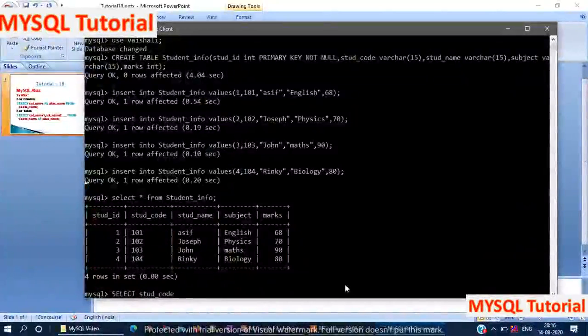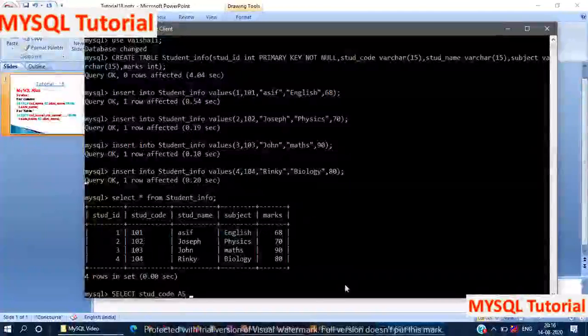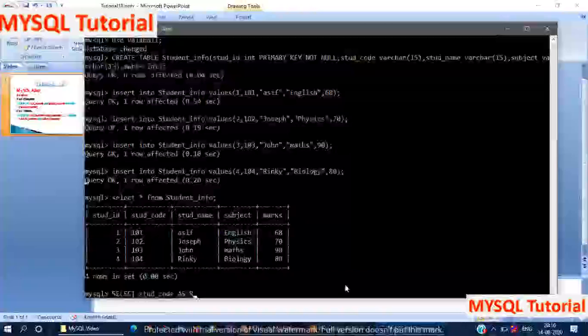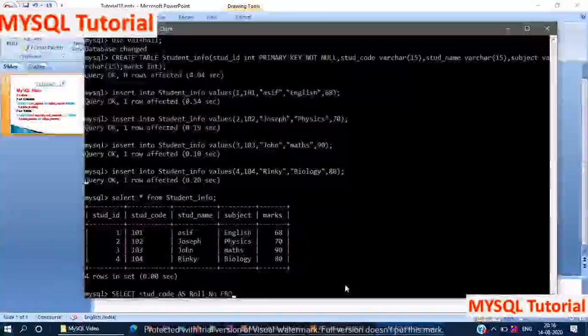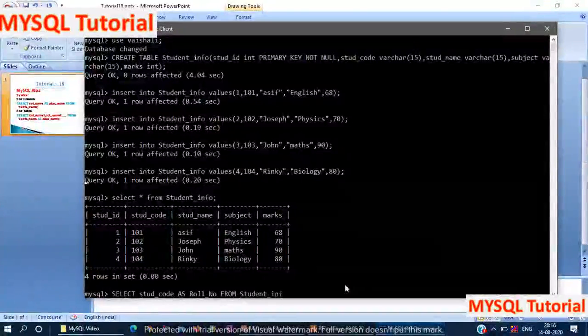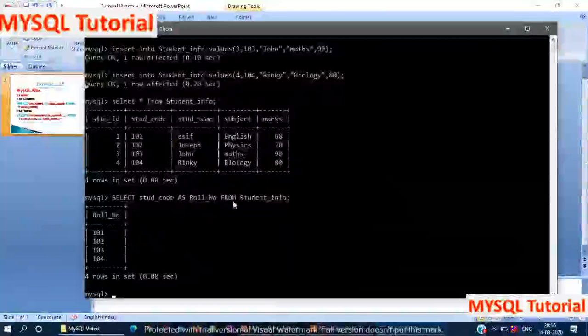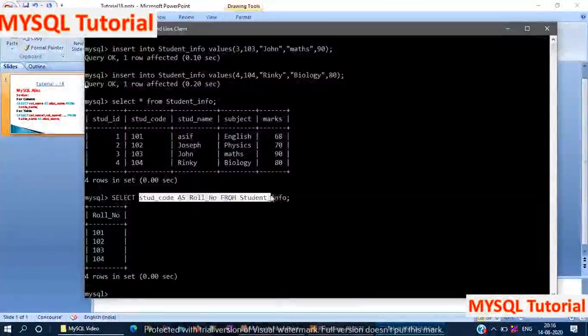Student code is the field we have to set as roll number, from student_info. Here you can see we performed the query: select student_code as roll_number from student_info. Here student code is the column and we just renamed student code using roll number.